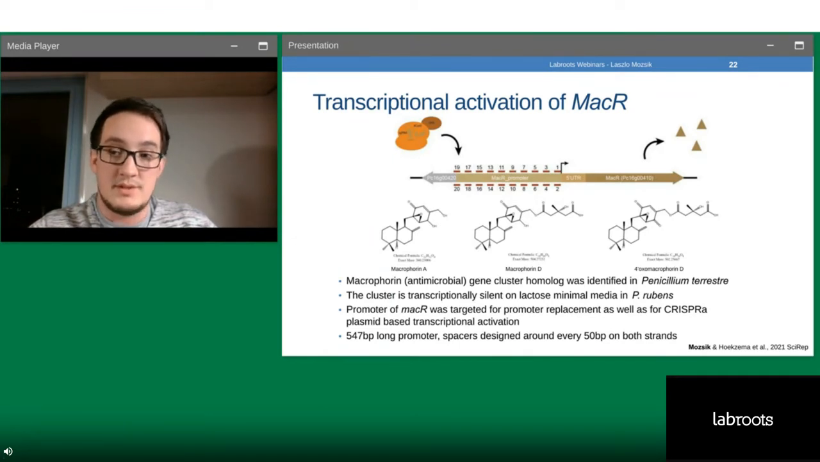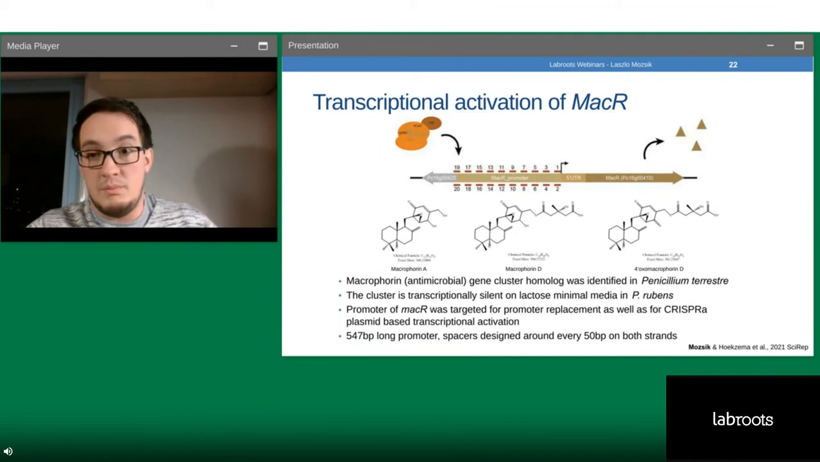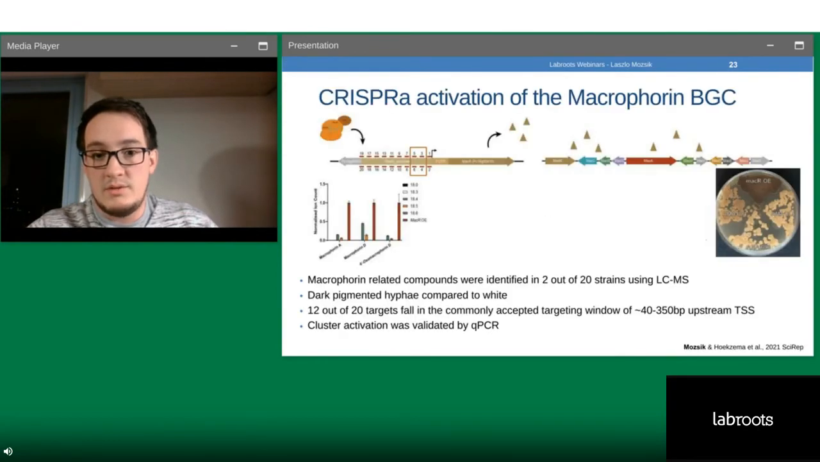And we also engineered a strain where we performed promoter replacement next to the CRISPRa plasmid-based transcriptional activation. Here the whole promoter is around 550 base pairs long, and we targeted around every 50 base pairs one single guide RNA landing site for that Cas9 VPR on both strands of the promoter. And after transforming these constructs into filamentous fungi on solid and later on liquid media, we performed readout